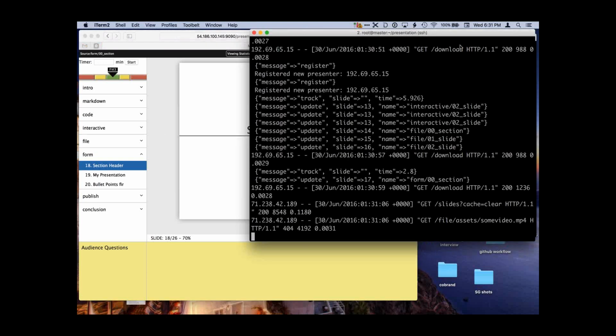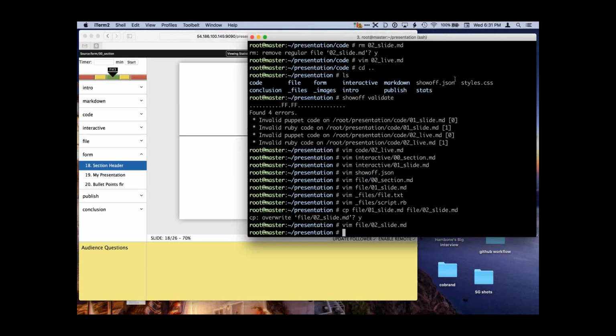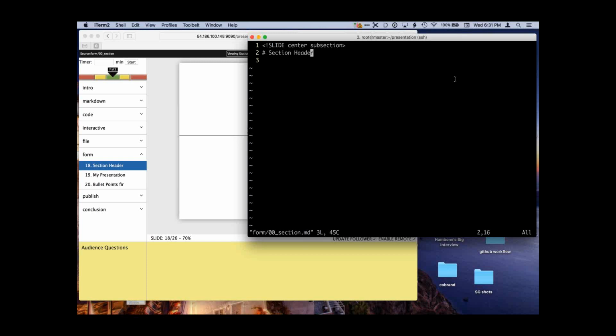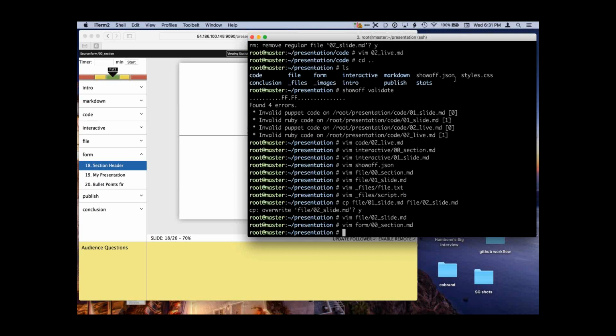Next up, I think we're going to talk about forms. Forms are exciting. Let's see.